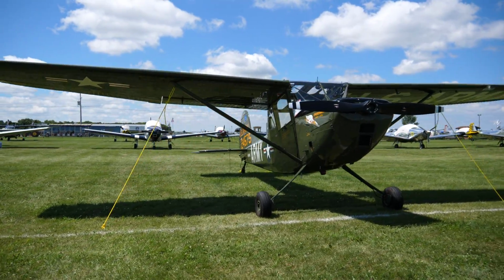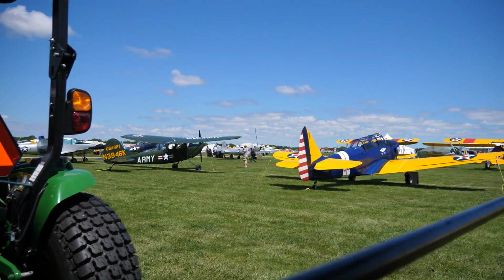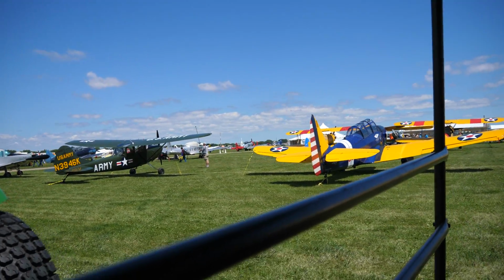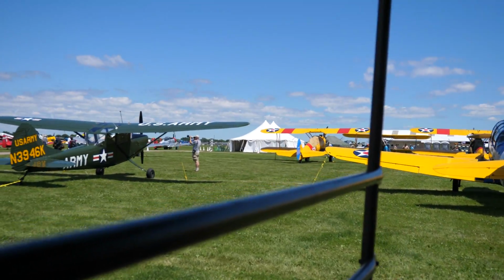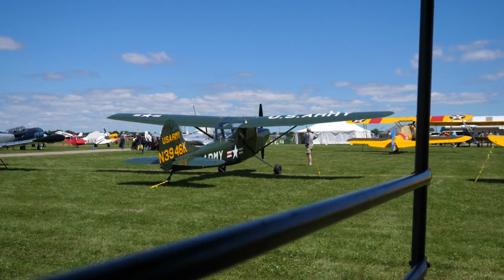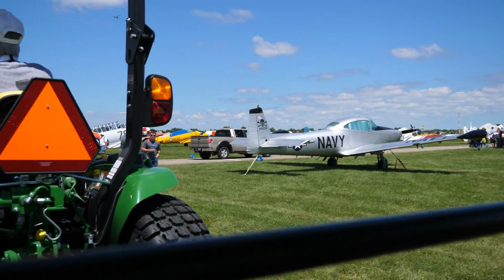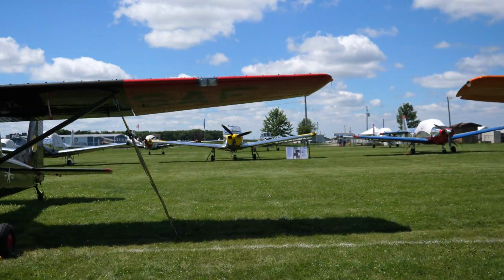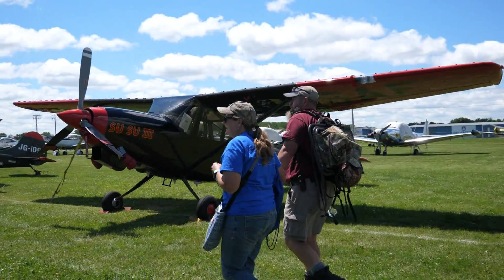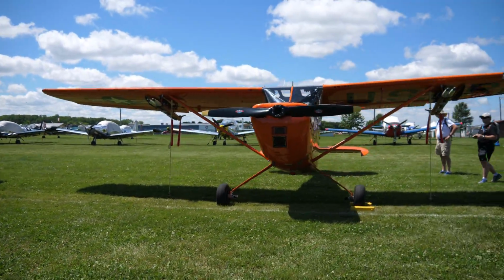On the right hand side, you can see the PT-26s, like we talked about a little bit ago. I want to talk about the wood on it. I actually just purchased a project of one of these. You won't believe how much wood is on this. The skin is even worse. The only things that are metal are the rudder, the elevator, and the antlers, and then obviously the center stuff as well. But everything else is wood. They actually put fabric over the